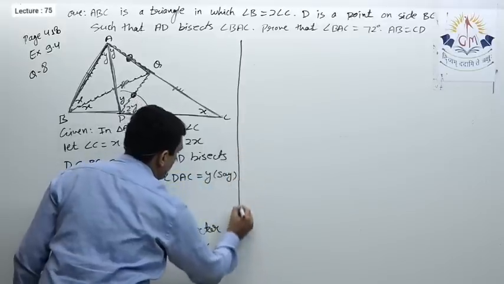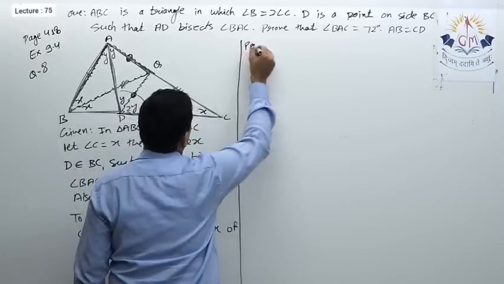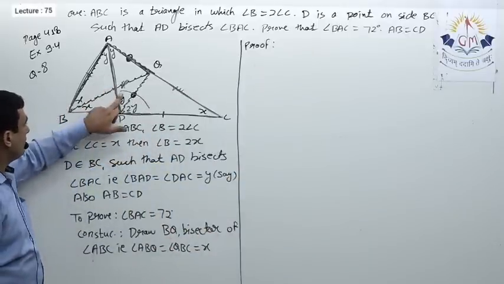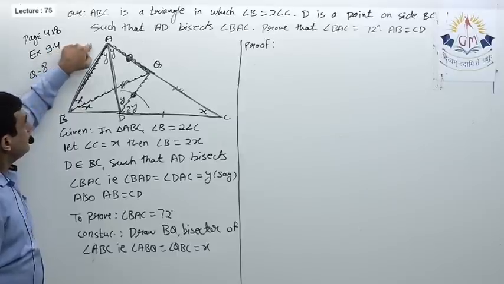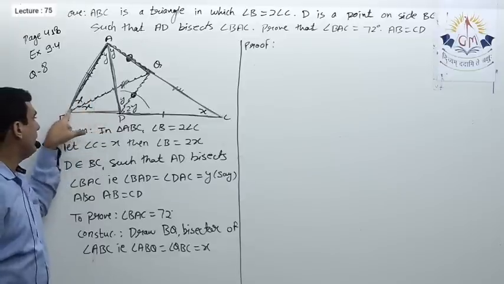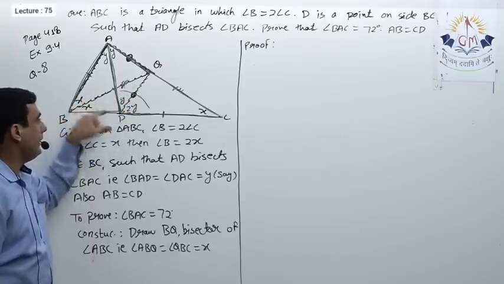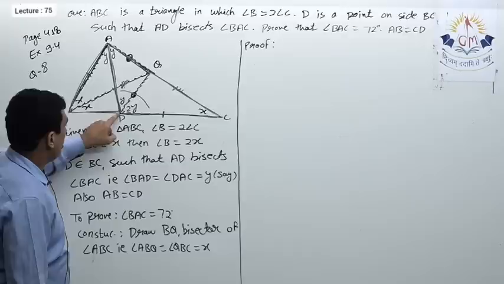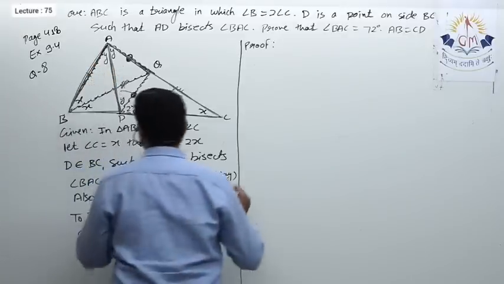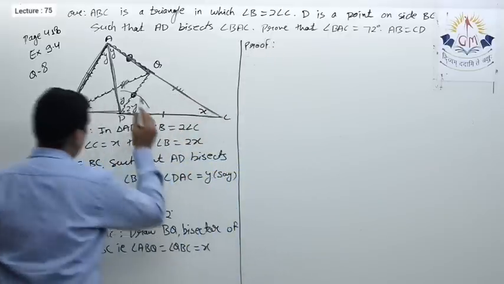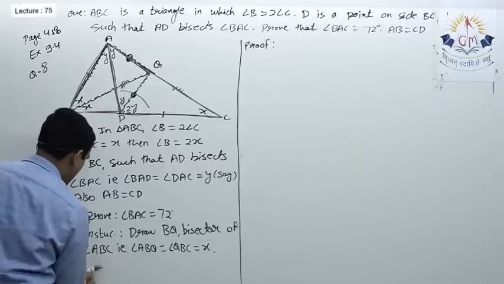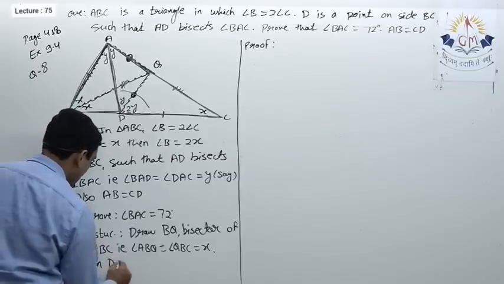So that was the information. Now we'll come to the solution part or its proof part. Before I move ahead, I am giving you once again the detail of this. Here it is given that angle B is twice of angle C. I assumed C as x, so B will be 2x. Then I draw the bisector, so these two angles become x and x. Then it is given that AD bisects angle BAC, so these two angles are assumed as y and y. In construction we have to join DQ.